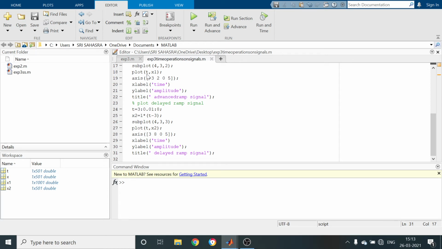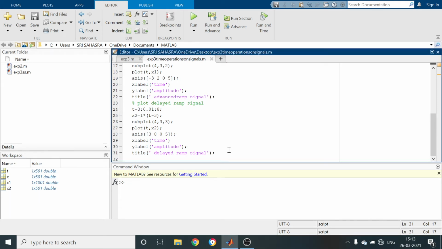That means when compared to the basic signal, which started at t equal to 0, this signal is said to be delayed by amount 3. So these are the time shifting operations. We generated the ramp signal, then we applied the advanced and delayed versions of the ramp signal by using commands.